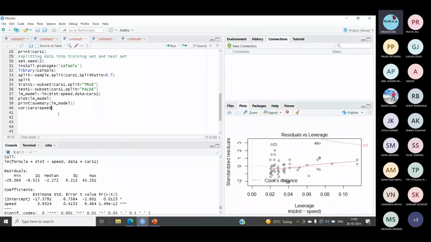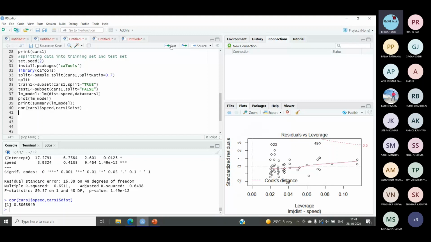We have already done a lot of this when we discussed vectors, data sets and data frames. So you are using cars1, and here cars1 $. Then the next column that we want to check for is distance. Let's do it.